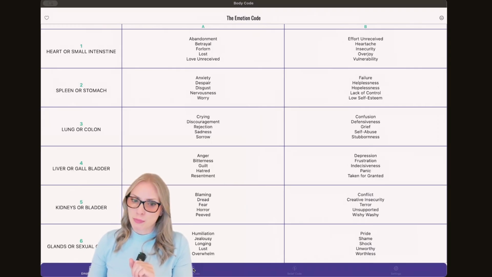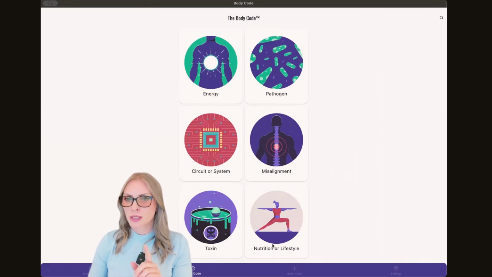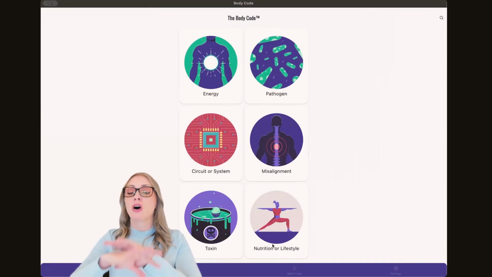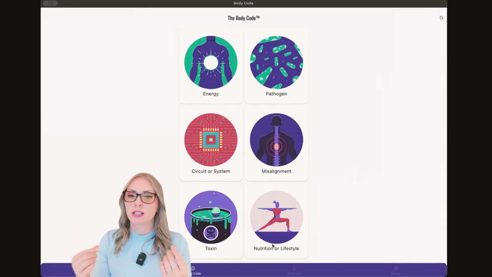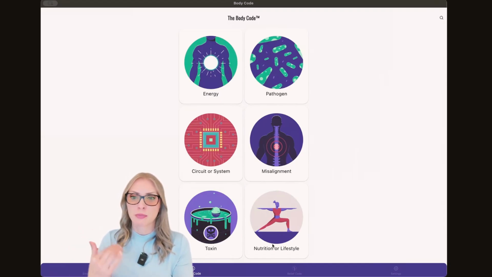Then the body code is a modality where you can find and release all sorts of different negative energies in the body. So this app has anything that can be off, anything that can be imbalanced, anything that can be wrong. And it also has every part and system in the body, every body part, every system, every organ, almost every bone.